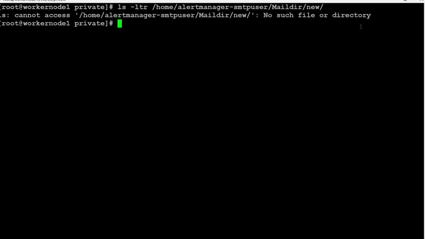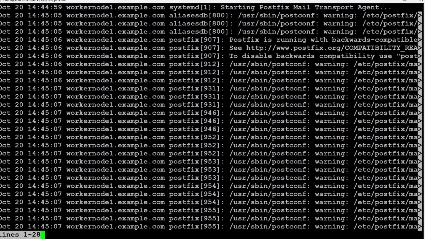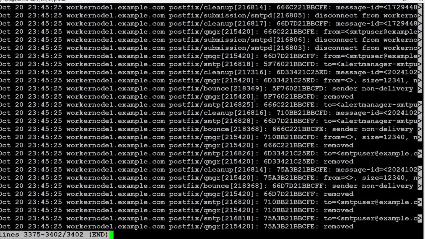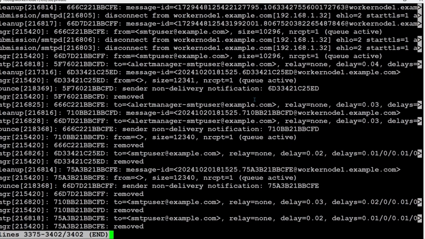No such file or directory is created. So it takes some time. Don't worry. Now we can execute the command here: journalctl -u postfix server services. Shift G to the last line. Now if we scroll right,